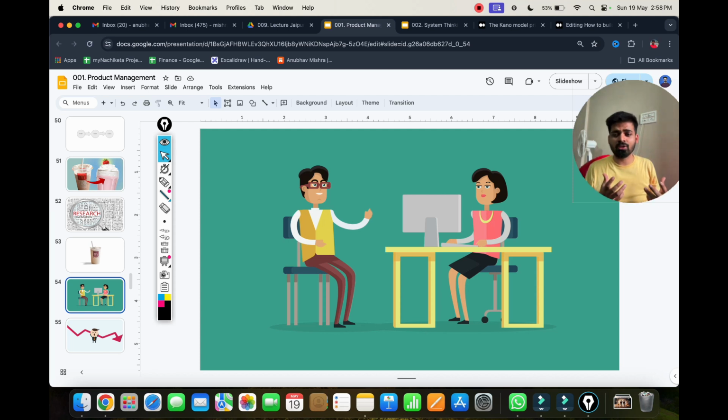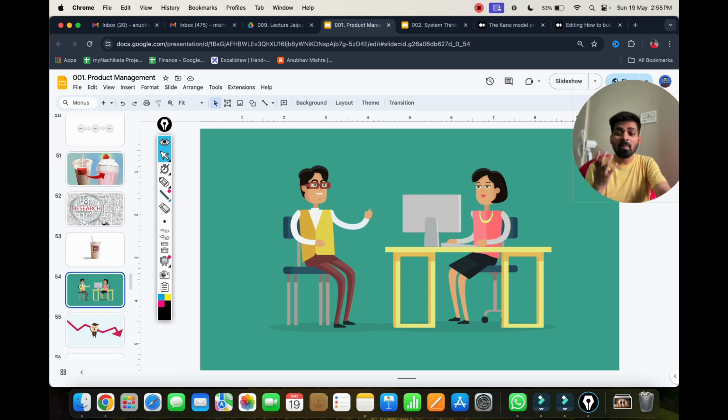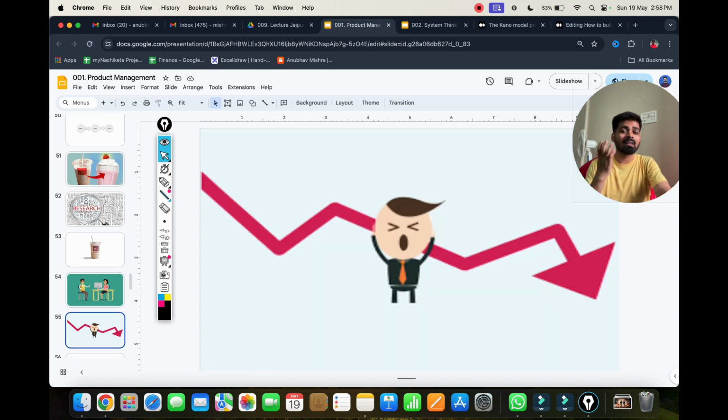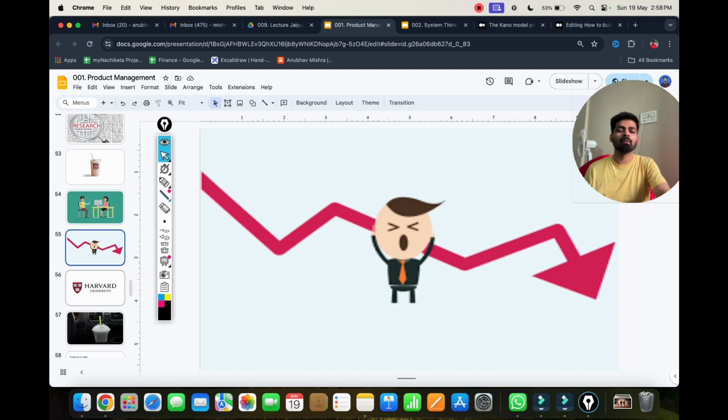They did focus group research, and every feedback that they got from the customers, that okay, this is missing from your milkshake, if you add this it could make the milkshake tastier, they incorporated all the relevant feedback in the milkshake. And guess what happened? The new milkshake got launched, but still it did not do well. So where's the problem? Can you guess?